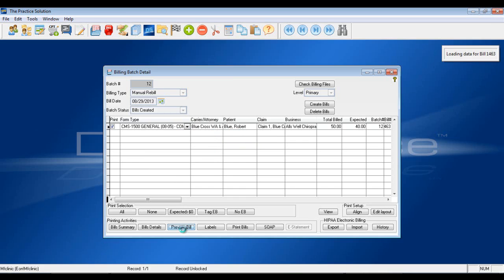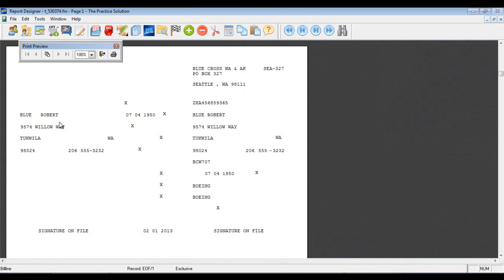If I do a quick preview, we can see all the information that might go onto a CMS 1500, of course without all the red letters, boxes, and layout. This is where you'll put your paper into the printer, run this report, and this will all get put into